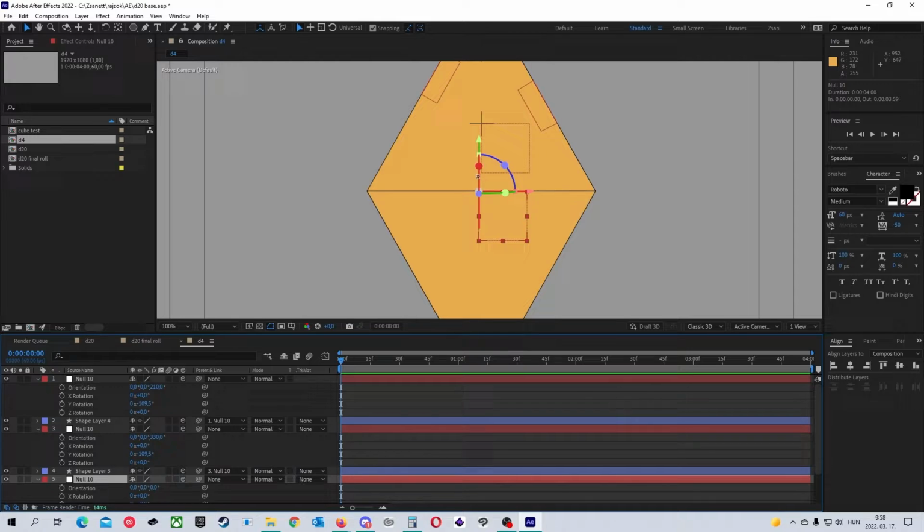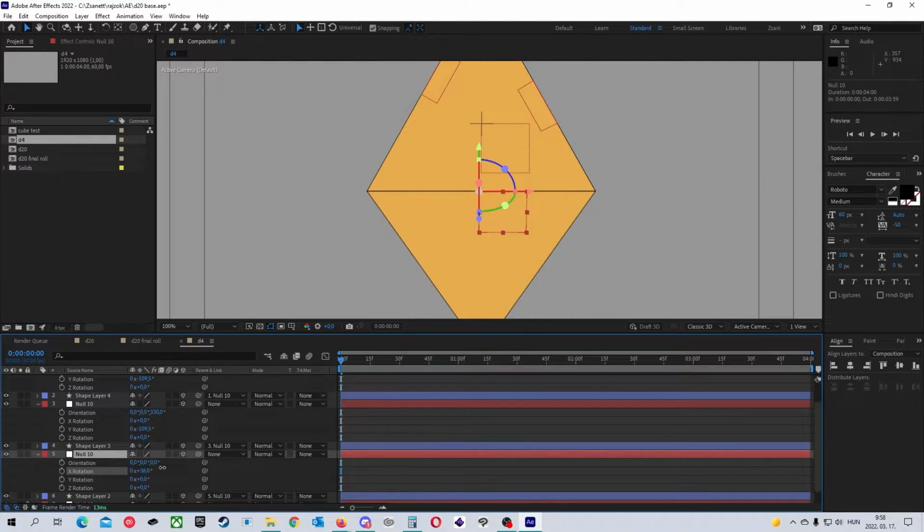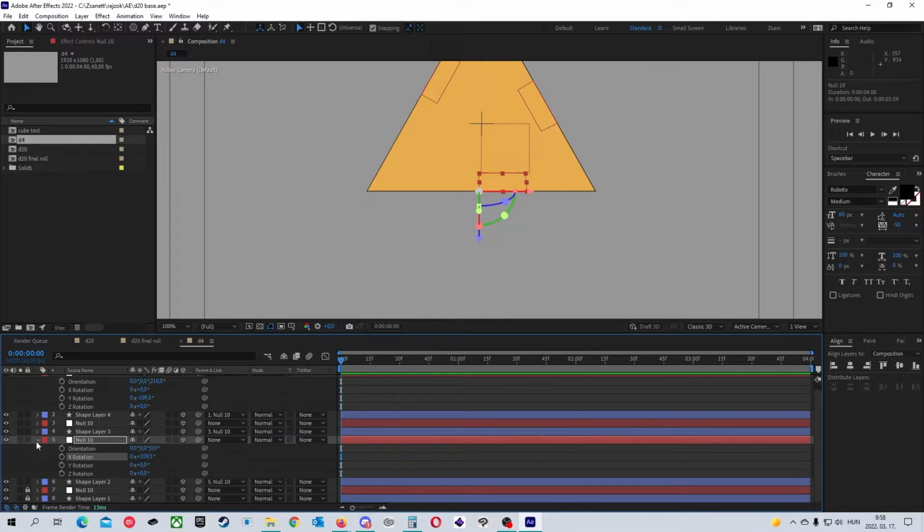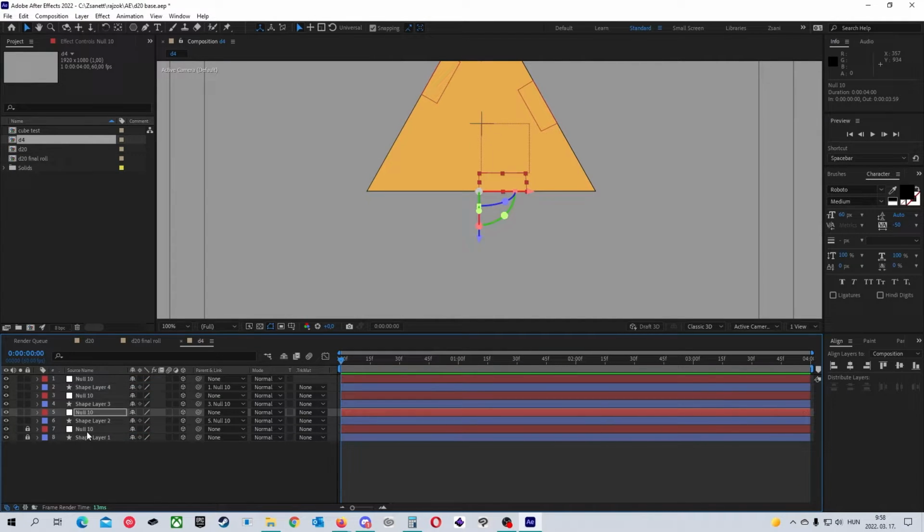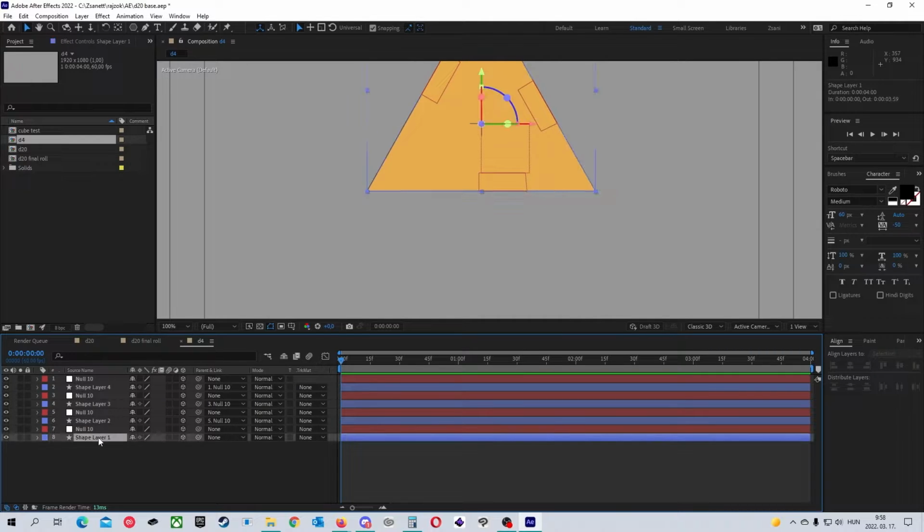And this time it's red, so it's the X rotation, and folding behind is the plus direction, so it's plus 109.47. And now if I come out of all of the null objects, I can now unlock the base and